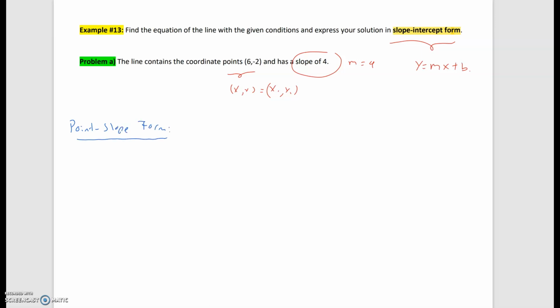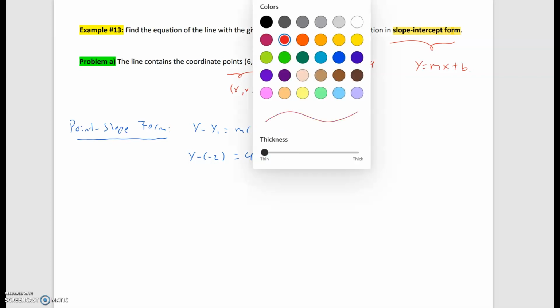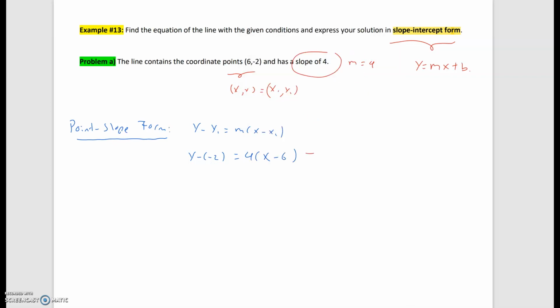Using point slope form, you're going to have y minus y1 is equal to m times x minus x1. So in this case, you're going to have y minus a negative 2 is equal to 4 times x minus 6. And then this is not the end of it. Well, they wanted an mx plus b, so solve for y,